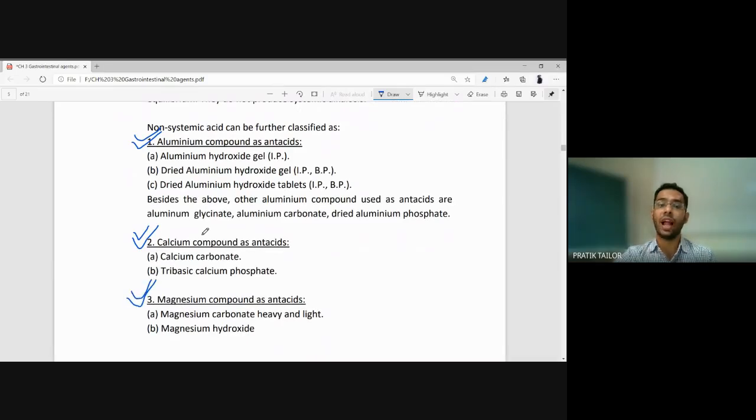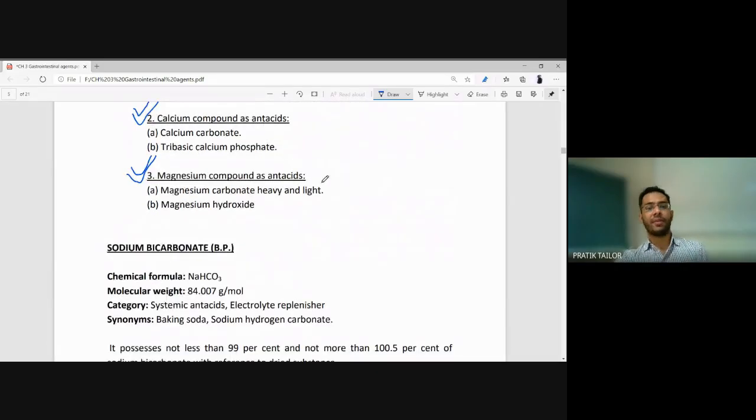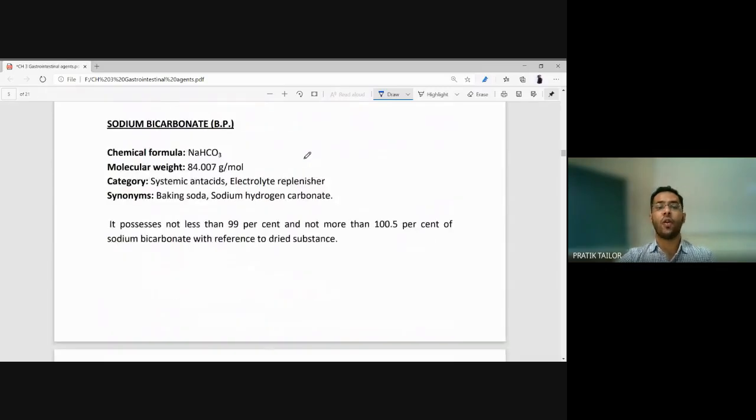Aluminum hydroxide gel and dried aluminum hydroxide gel are examples. Additionally, aluminum carbonate, phosphate, and glycinate can be there. Calcium carbonate and calcium phosphate are calcium containing antacids. Magnesium carbonate, magnesium hydroxide, and even magnesium oxide can act as magnesium containing antacids. Now let us focus on the monographs of the antacids,